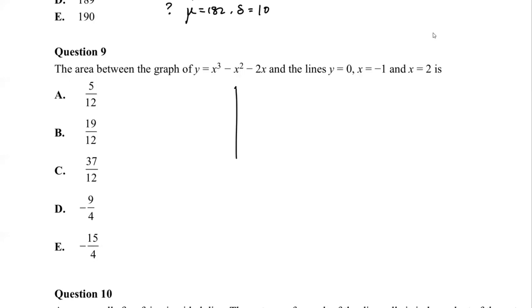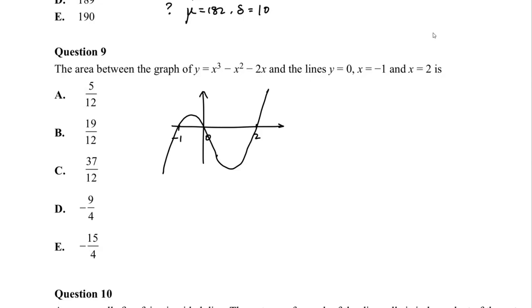Question 9. What I would suggest is you sketch a graph, okay? You sketch a graph. So it is important to sketch the graph and identify, okay, where the locations of the x-intercepts are. So you can find -1, 0, and 2. After you plotted this graph on your CAS calculator,